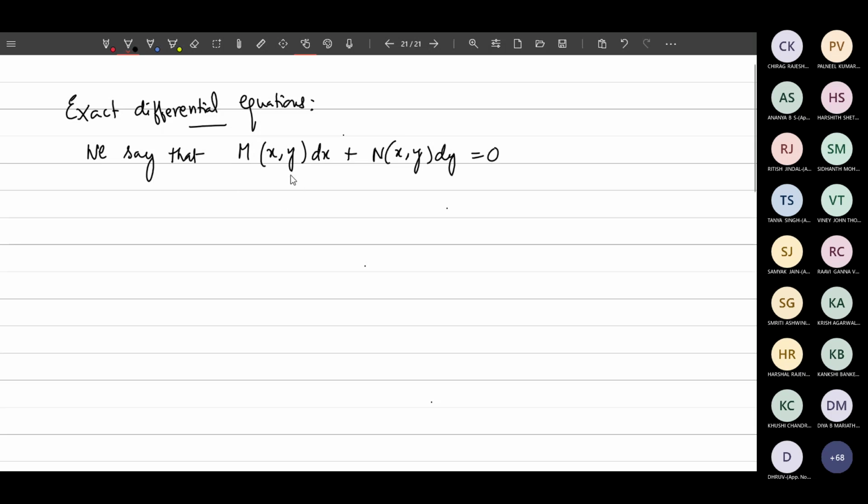If you look at this equation, the coefficient of dx is a function of x and y. Coefficient of dy is also a function of x and y. M and N are the functions of x and y. Is an exact differential equation,